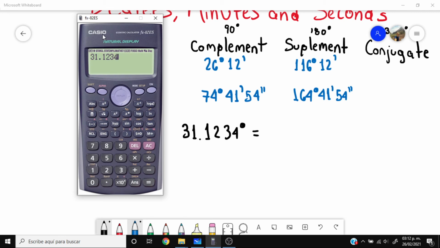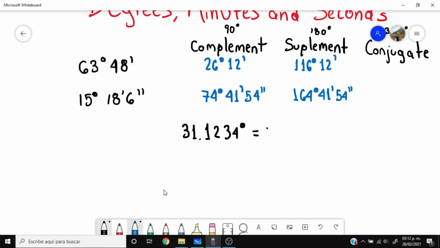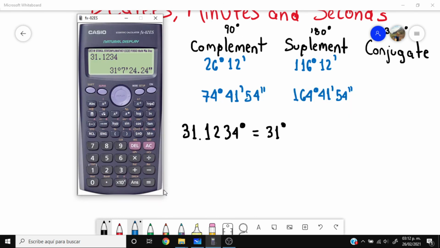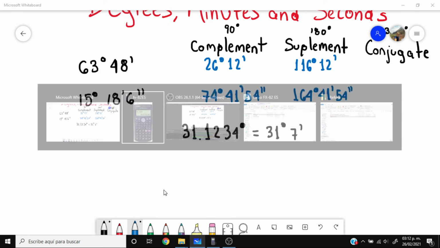I press equal, and then I press this button over here, and it transforms it. What I did was type the number, press equal, and then press this key, and it transformed that number into minutes and seconds. So 31 degrees, 7 minutes, and